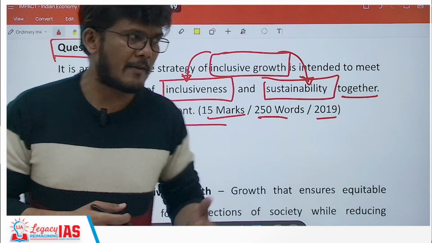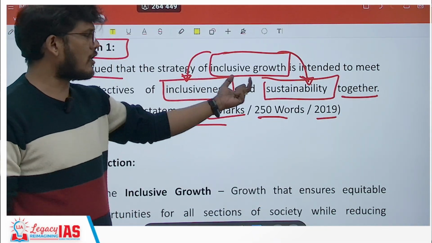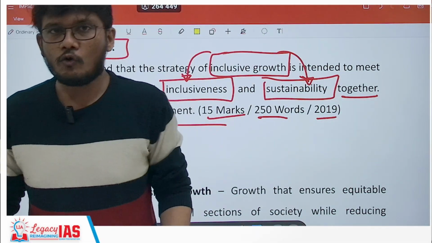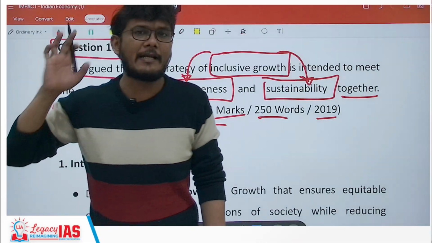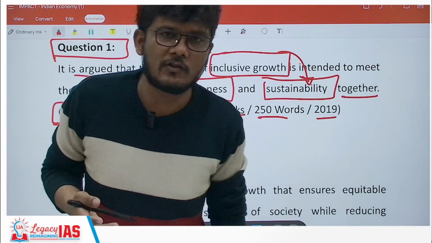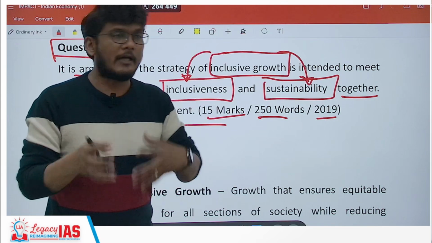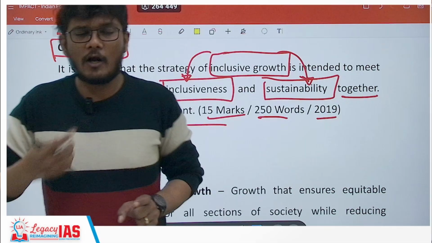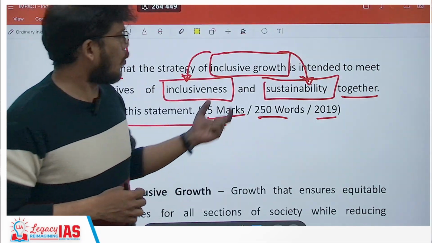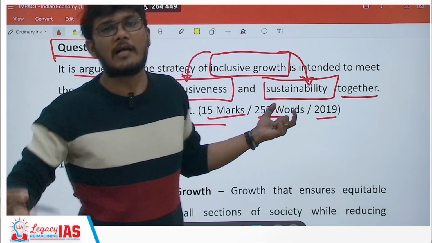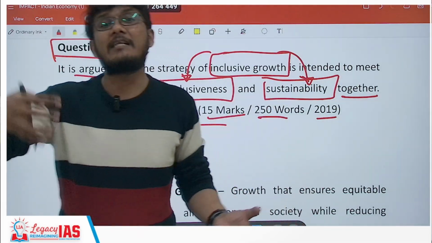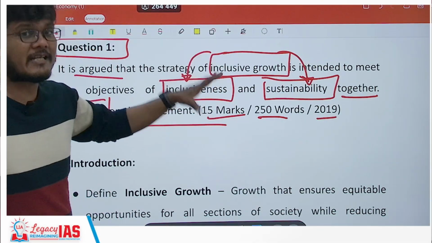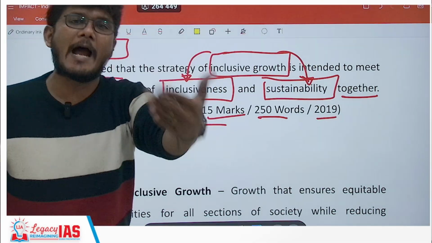Because of course, prima facie, it is very clear inclusiveness. When we are talking about inclusive growth, it is taking inclusiveness into the picture as well as sustainability. So the denial will be completely eradicated from here. So what we'll do is we'll club the other two approaches. One is acceptance. Yes, that is the case. And along with acceptance, we'll also say what other thing it might bring up or what thing can be done better as well. Okay, so we'll majorly agree with this statement and move ahead.